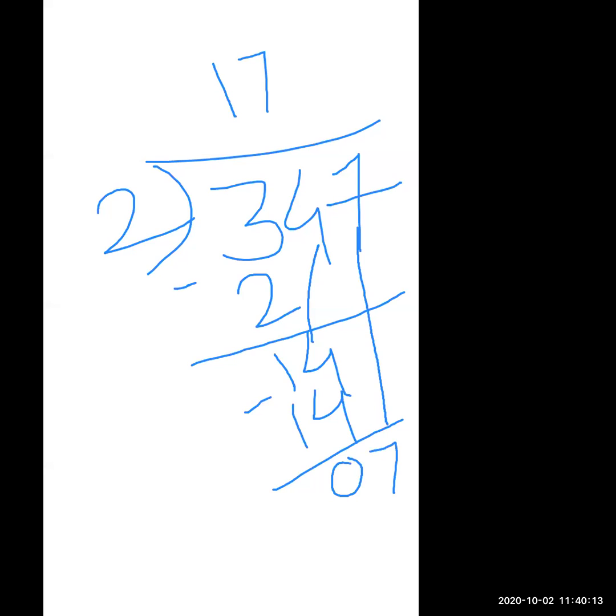Okay. Again in the table of 2, 7 is there. No. So you want to learn the table. 2 ones are 2. 2 twos are 4. 2 threes are 6. 2 fours are 8. 8 is not possible because 8 is a big number. So which one is smaller? 6. 2 threes are 6.